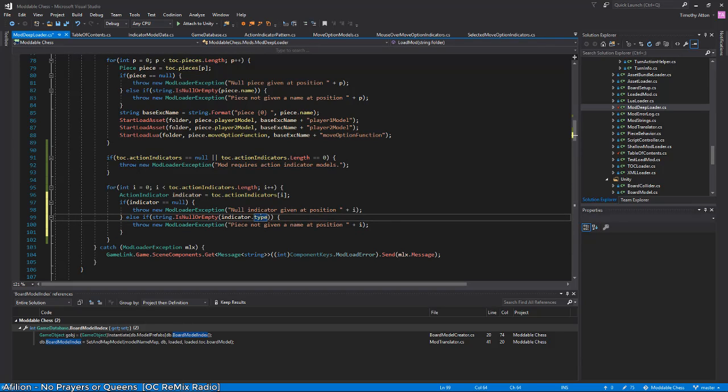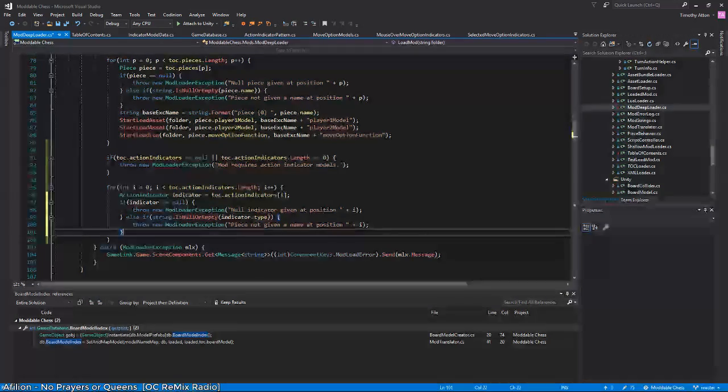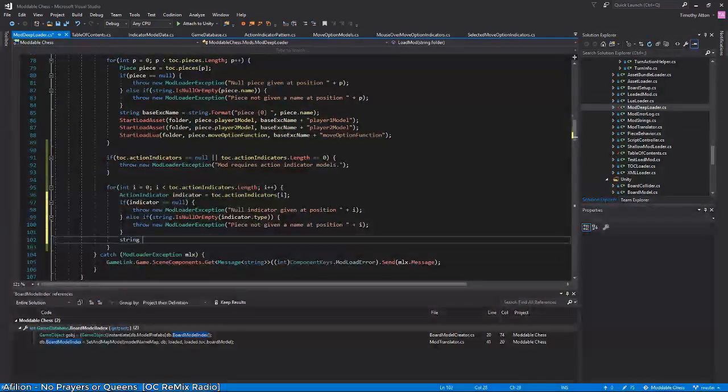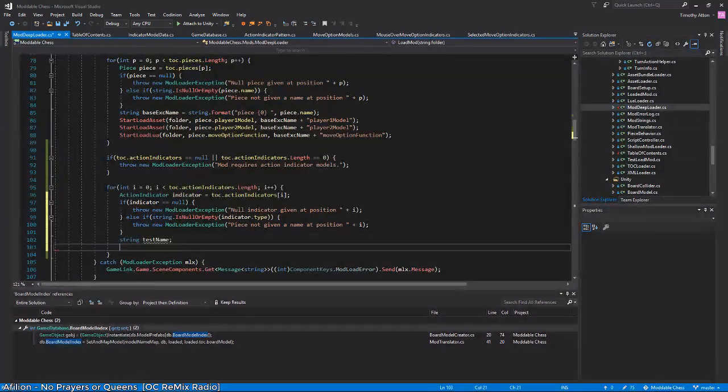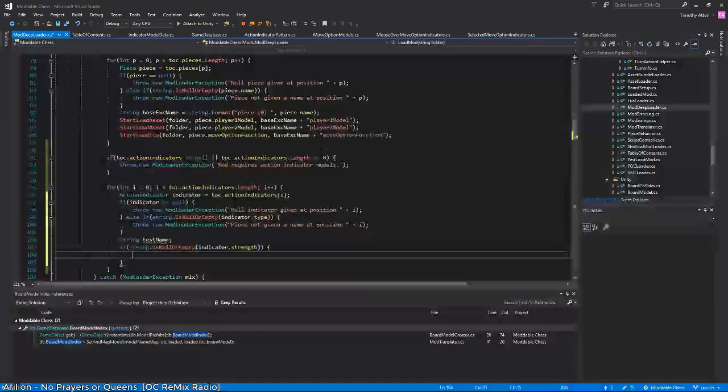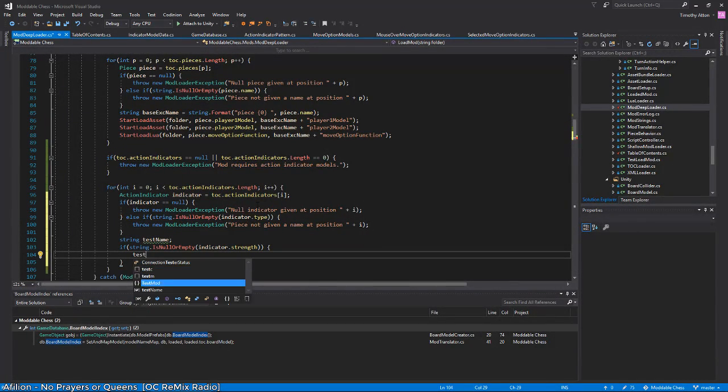Then yeah, it needs a type, but if you don't include the strength, that's okay. Okay, so let's see. String test name. So if string dot is null or empty,